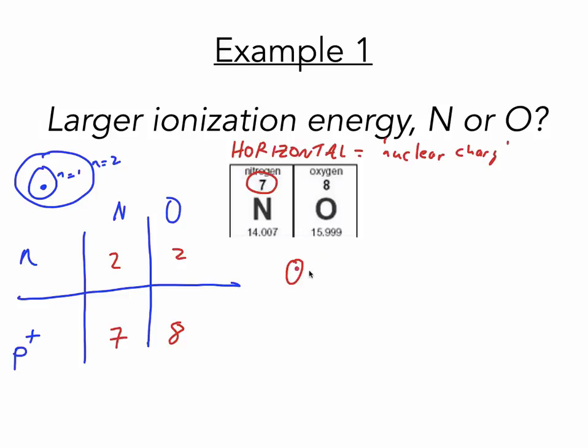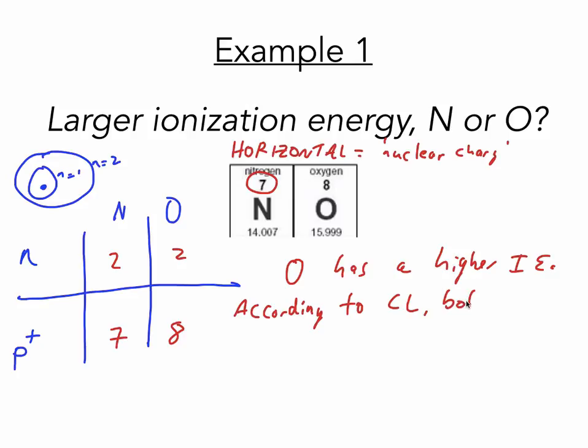Okay, so oxygen has a higher ionization energy. I'm going to write IE for that. Now we declare the law or rule or theory that we're using to declare that. So according to Coulombs Law, CL, I want you guys to write Coulombs Law, I'm just going to write CL. According to Coulombs Law, both have electrons in N equals 2, but oxygen has a larger, here's the main point with the horizontal relationship,